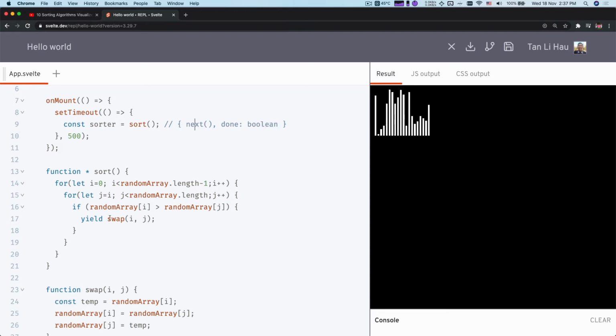And to actually start this, you will just keep calling next, right? You call next, it will do something, and then you will yield where it yields, and then you return immediately. And if you want to do it again, you call next again. So you keep calling next until done is true, right? So this way we can control when to actually do the next, when to actually do one swapping, and